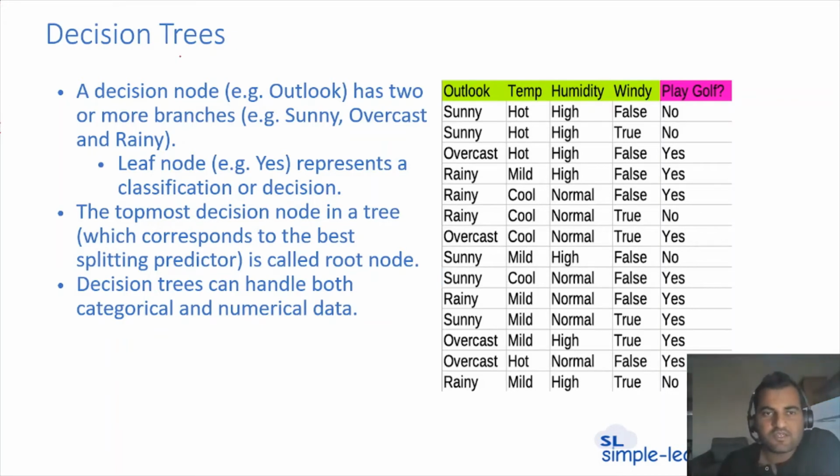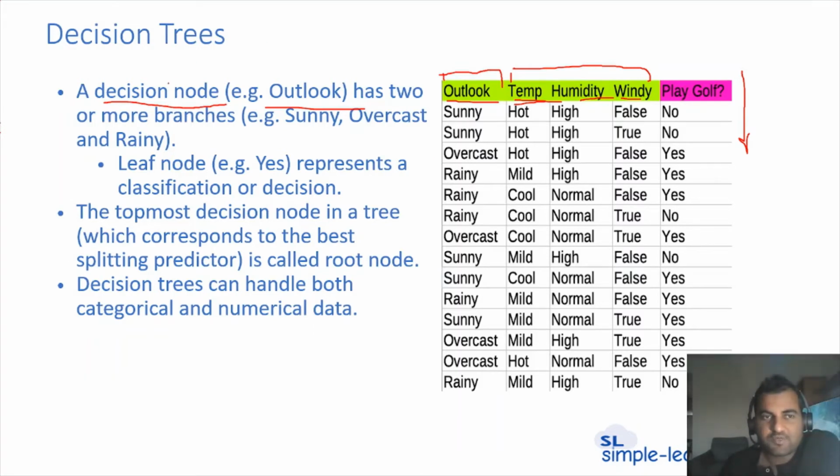Here, in this DT model, the node we are referring to is Outlook. There will be multiple columns in this one, right? Now you need to predict whether we can play golf or not, right? So today, can we play golf or not? It depends on the climate situations. Here there are three main features. You can consider them as branches, and one main decision node, right? So this is the key decision factor, and these are the influencers, right?